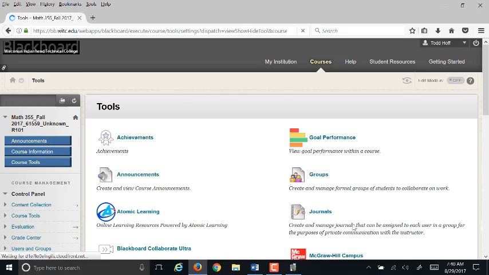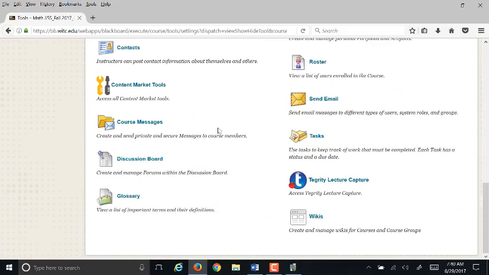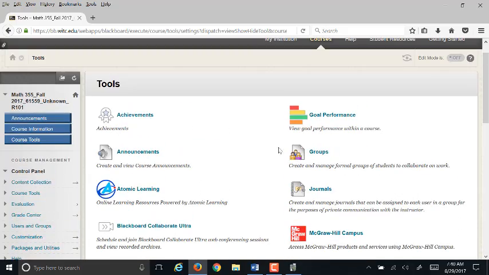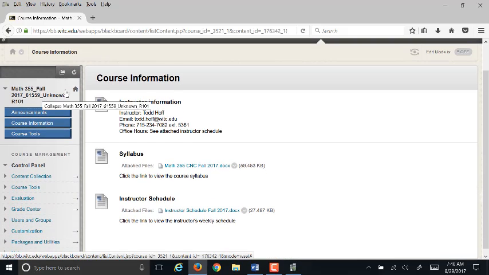If you click course tools, there is a lot of junk here. The real only useful stuff is if you scroll all the way down, you can send email. You can actually send email to anybody in the class or to me using that function. So if you need to contact a classmate and you don't know their email, that's one way to find it. Okay, so under course information,